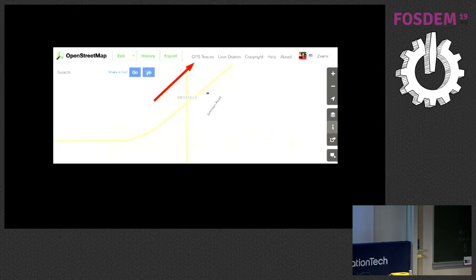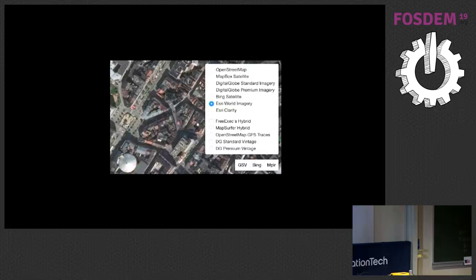But of course, many years have passed, and thanks to many big companies, we now have a lot more detailed sources, like detailed imagery for all the world, thanks to Esri, Mapbox, Digital Globe, and Bing, of course. We have Street View, thanks not to Google, but to Mapillary, the open alternative.